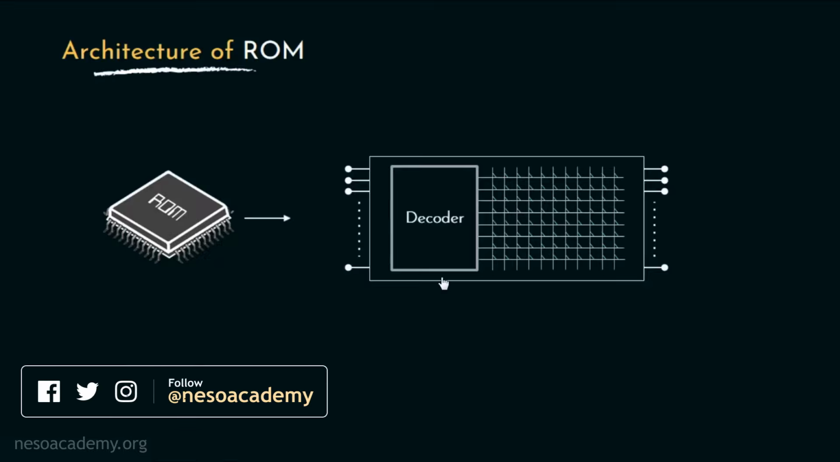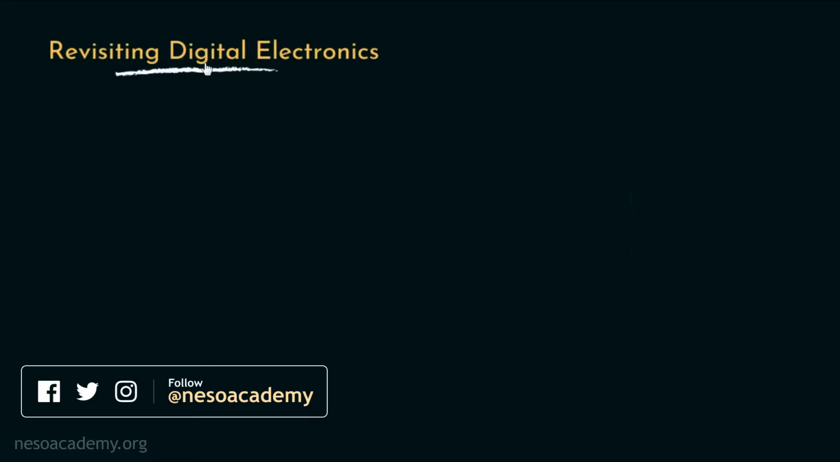Basically, we have the decoder combinational circuit, and this grid of connections is known as ROM matrix. Now, in order to understand this circuit and its working principle, let's revise some of the concepts of digital electronics. In digital electronics, if you remember, we have a combinational circuit known as multiplexer, which is also known as data